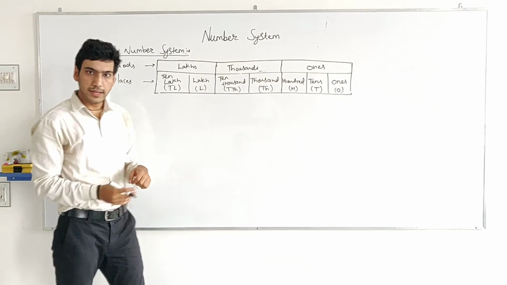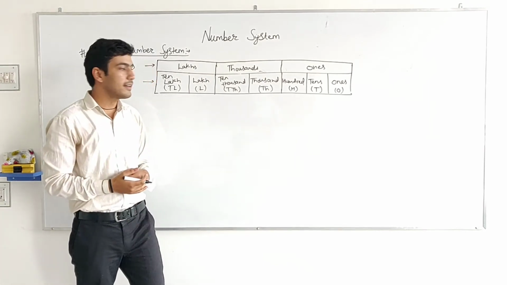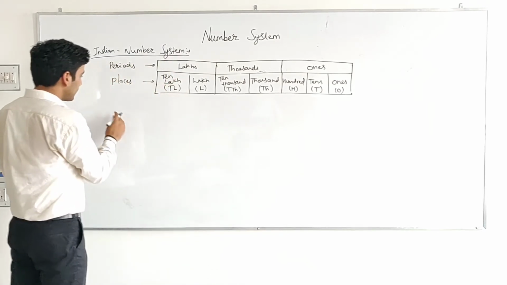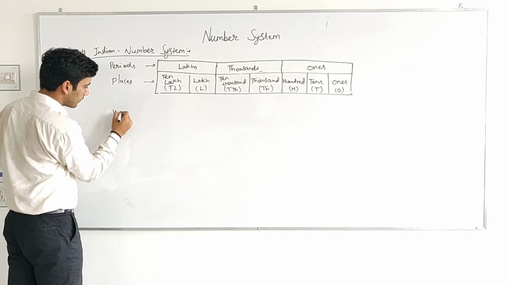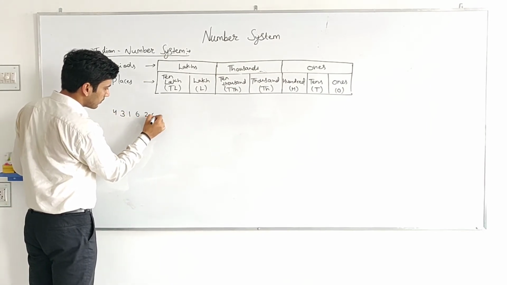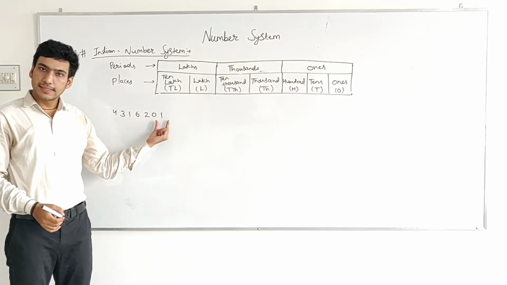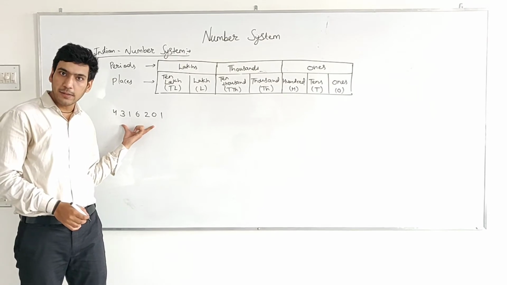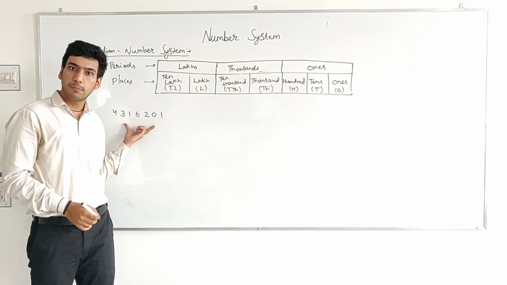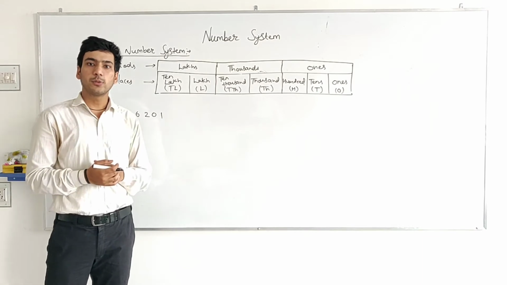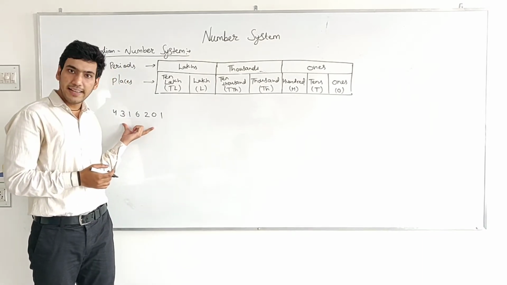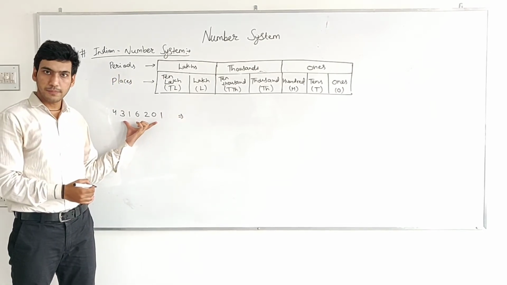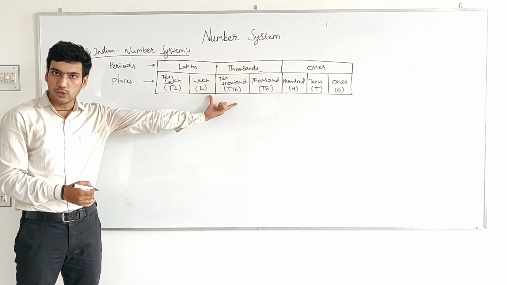These are your periods. Okay, now we will understand how to represent any number in Indian number system. So let us take a number. This is your 7-digit number. Now in this system there are 2 points: how to represent any number using commas and how to write the number name of any number. First we are going to learn how to represent any number using commas. So this is my 7-digit number. Now how do I represent this number on this place value chart?